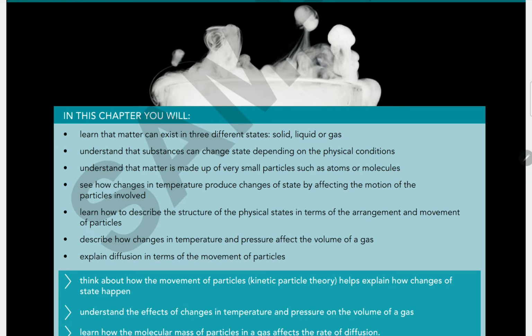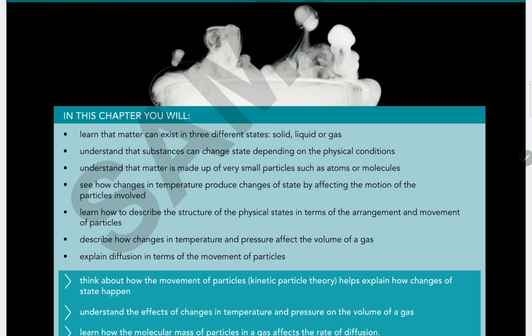And we will study how changes in temperature produce changes of state by affecting the motion of particles involved. And next we will learn how to describe the structure of physical states in terms of arrangement and movement of particles. Describe how change in temperature and pressure affect the volume of a gas, and explain diffusion in terms of movement